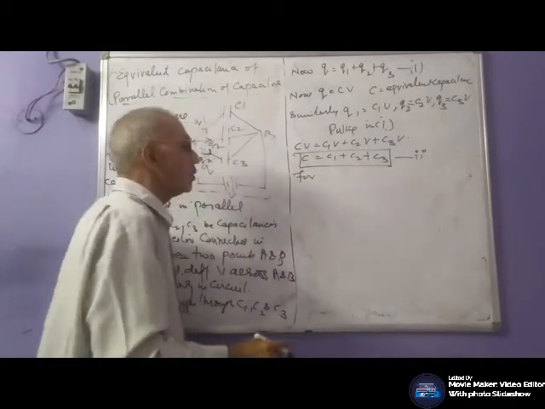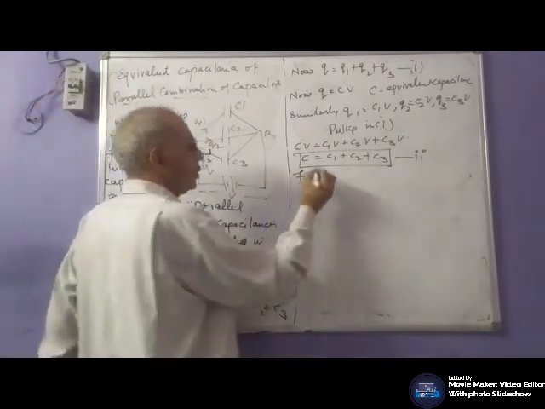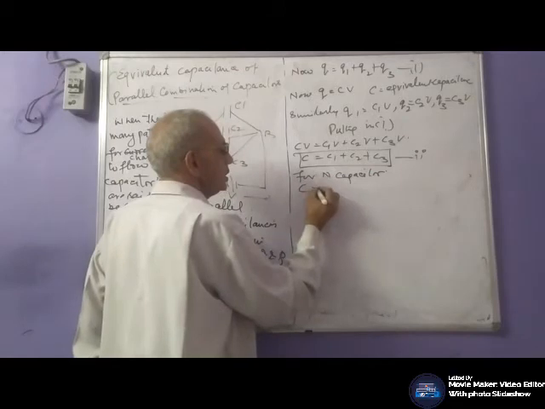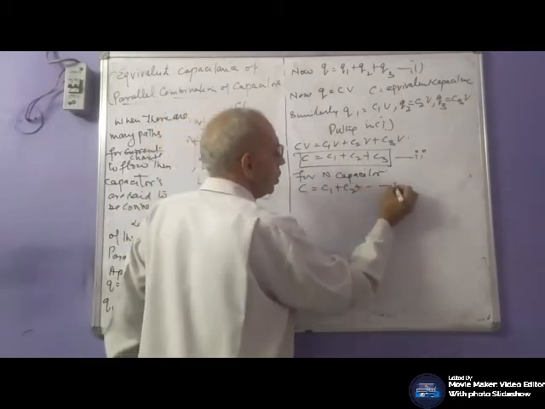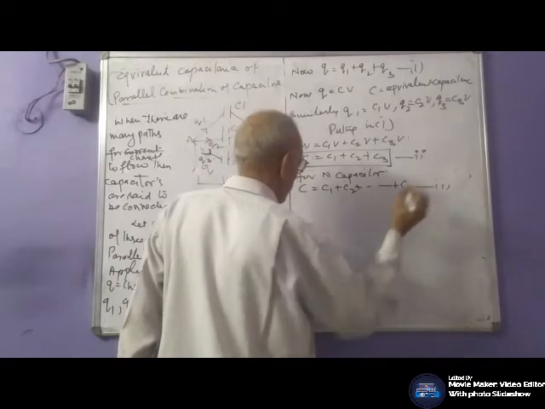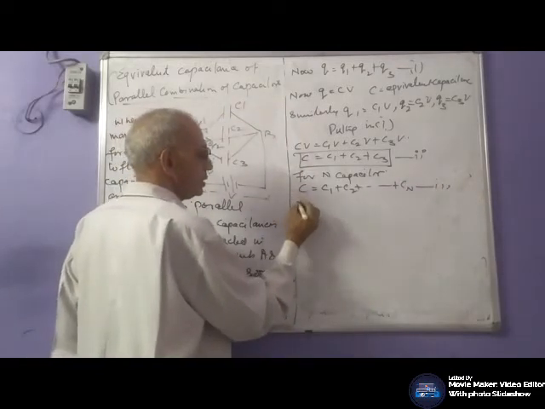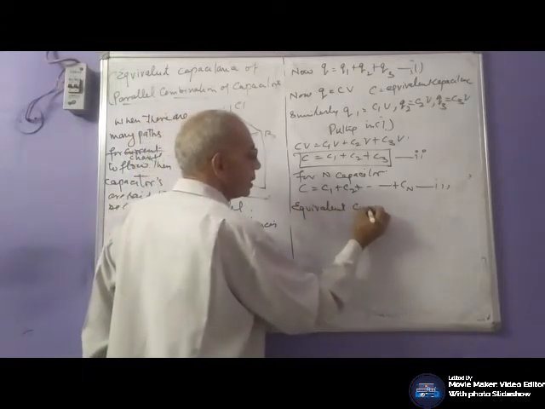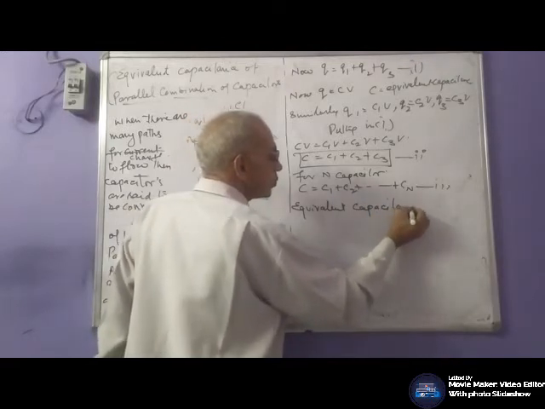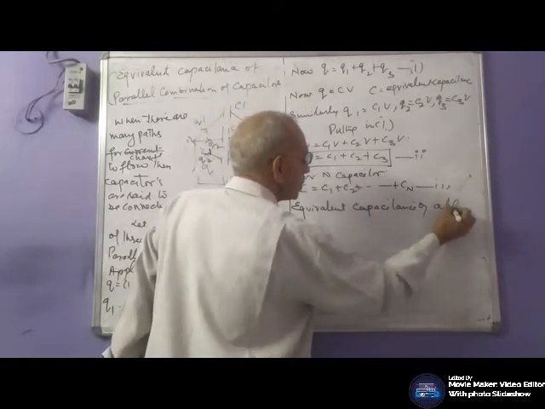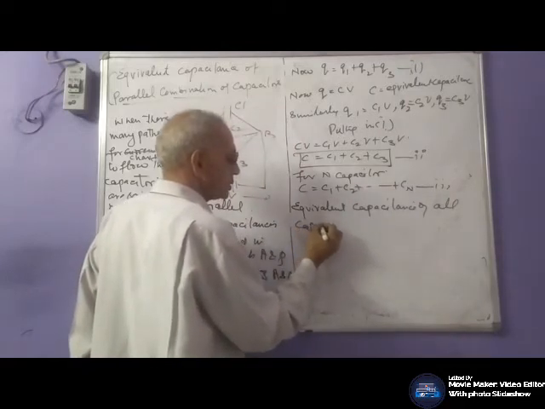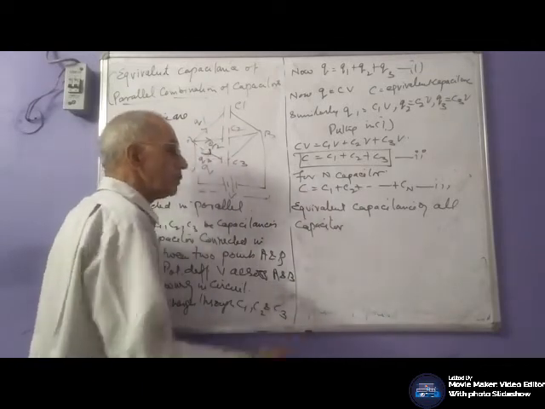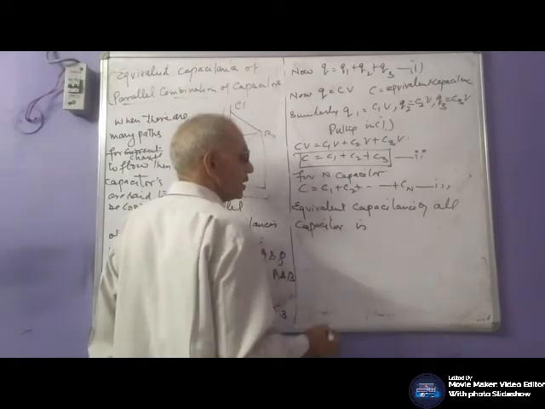For sake of simplicity, we have taken 3. For n capacitors, C equals C1 plus C2, so on, plus Cn. In words, this is what? Equivalent capacitance, total equivalent capacitance of all capacitors. We have written this, C, the equivalent capacitance of all capacitors is equal to,